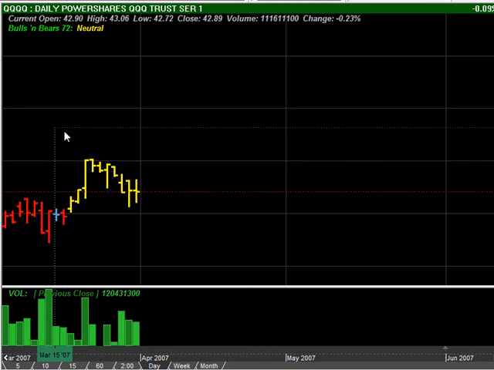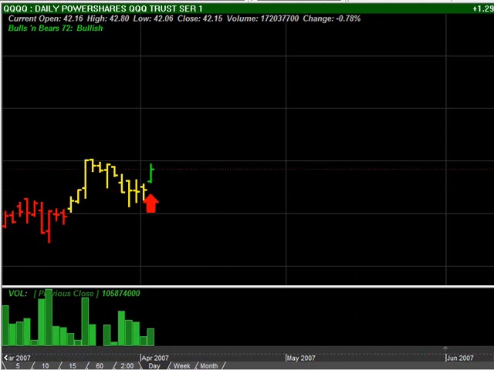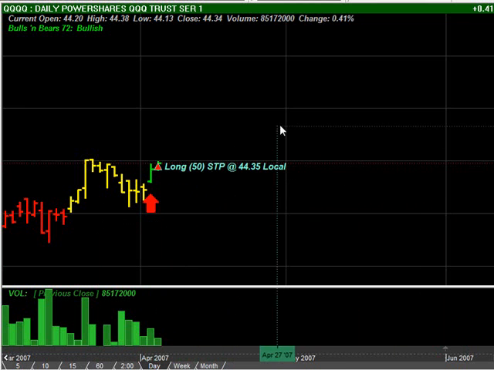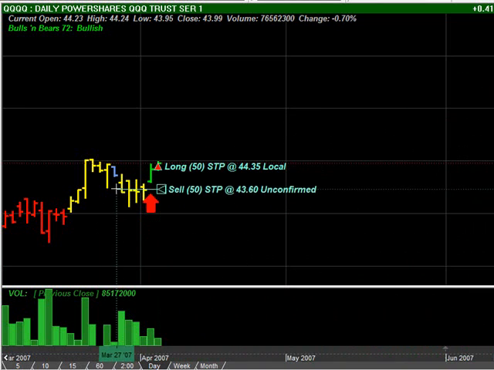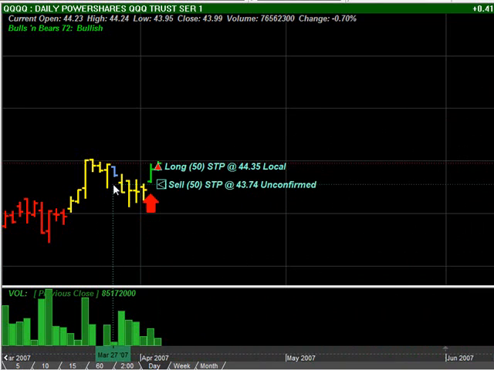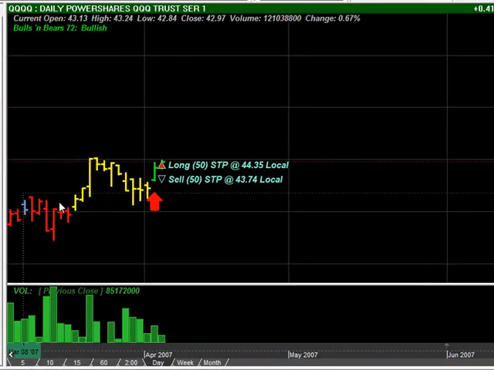So let's come in here and place our order. We're going to wait for our buy signal, and yellow, yellow, green, we've got our buy signal, and we're going to come in and place our stop order right above the high of the day. Buy 50, we're going to go ahead and buy 50 shares. We're going to confirm that order, step the market forward, and the order fills. And now we're going to place our stop order just like we did before, behind the previous price bar. We're going to sell 50 if we're wrong, and we're going to go ahead and say confirm.